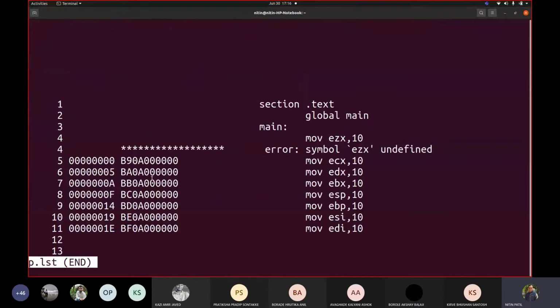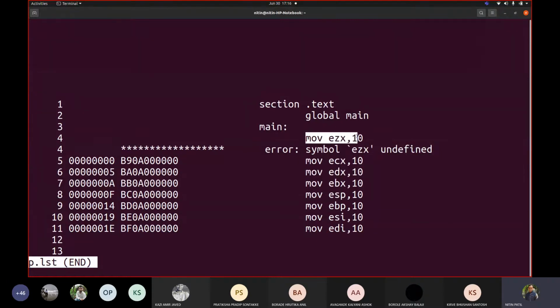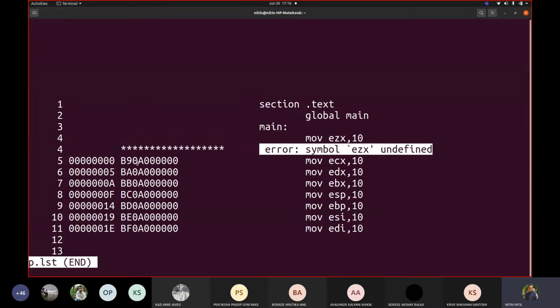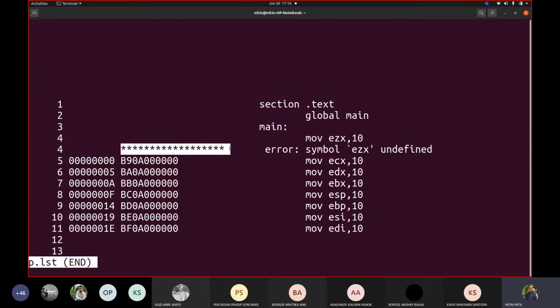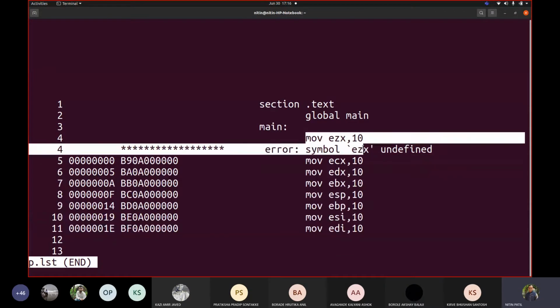Yeah, so this was our code. You may see wherever the error is, it is saying it is not translated, but the rest of the code got translated. After this line, as there was an error, it displayed this error. The LST file contains a message: yes, there seems to be a problem. But the rest of the things are correct. So all of them got translated from here. Only this was not taken into consideration because this was an error. Correct? Are you with me?